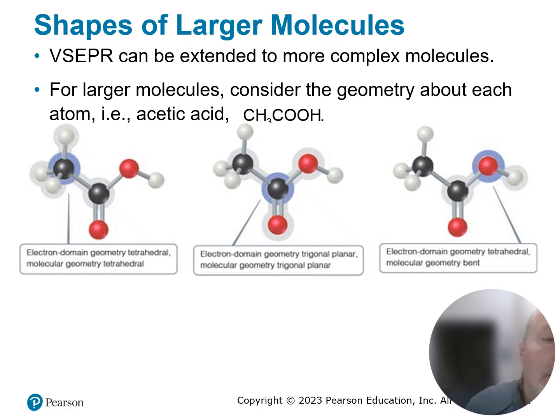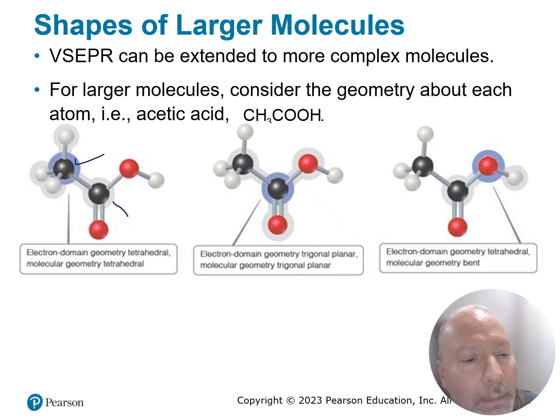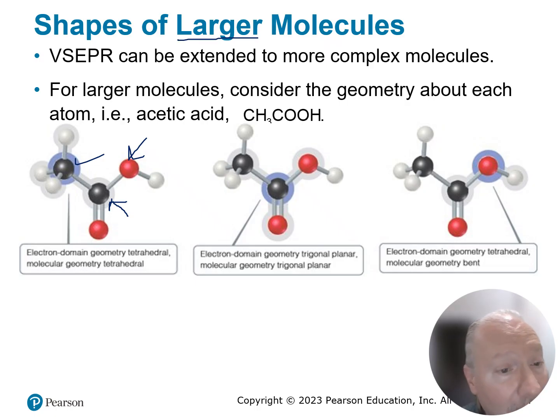VSEPR can also be used, and this technique can also be used to evaluate each atom that might be a central atom on its own with regards to the entire molecule. Now we have really 3 geometries because we have 3 atoms we can identify as being a possible central atom in its region. So we have a larger molecule. These are larger molecules with more than one stereo center, so to speak, or should I say more than one geometrical center. Where, for example, over here, we can look at this carbon atom, and its electron domain